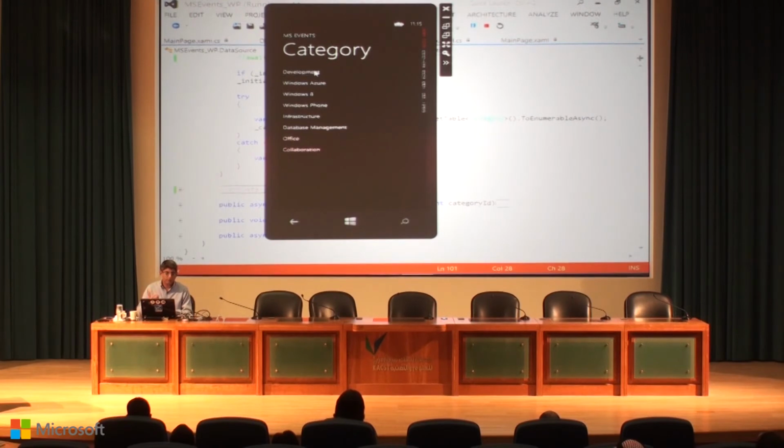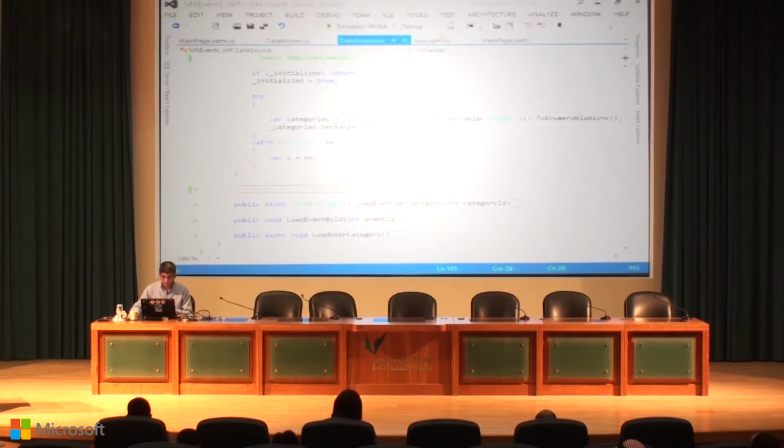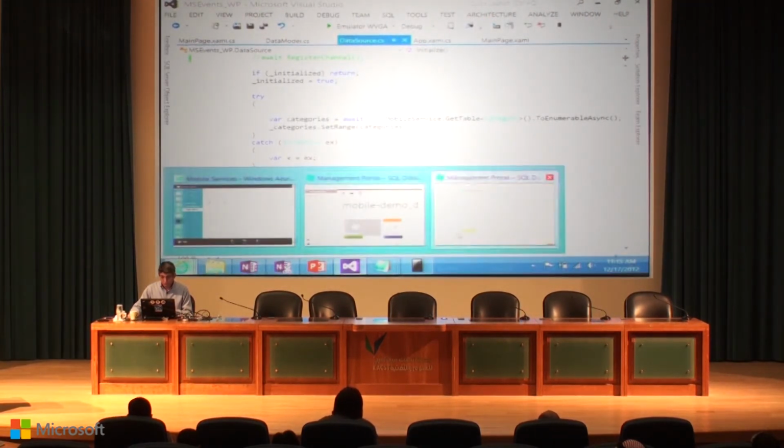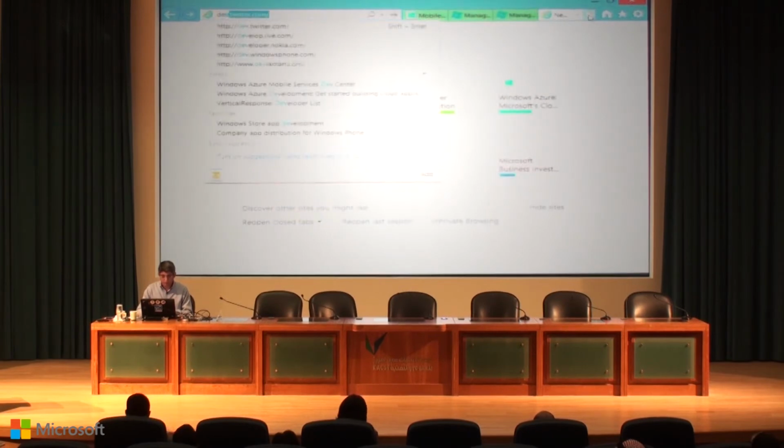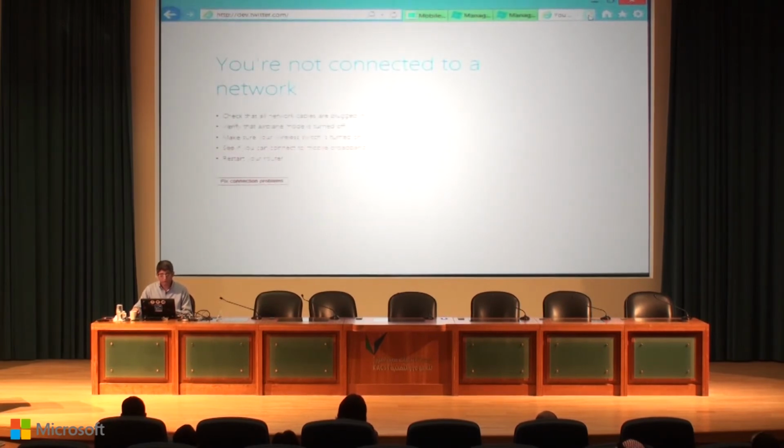I want to subscribe to these categories, right? So whenever a new event is added for this category, I want to be notified. And for that, I need to be authenticated. I need to have a user ID that I can take and add to the database saying I am who I am, right? So you need a way to identify me, and for that we are going to use Twitter. So let's stop this. So if I go to Twitter, I go to dev.twitter.com and I log in with my